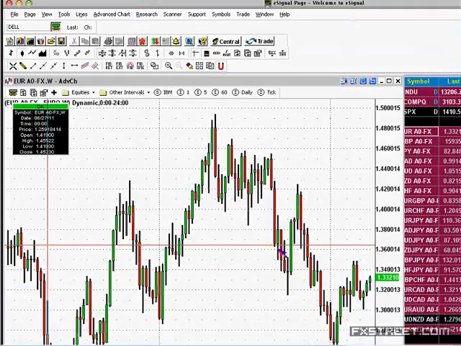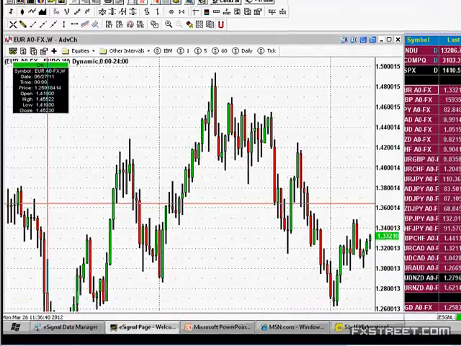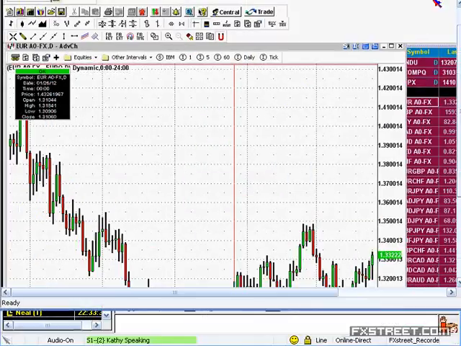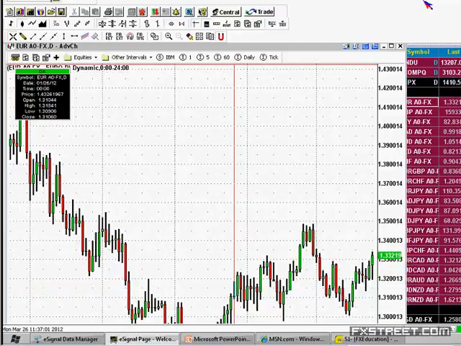Alright, so I think that you should be able to see my euro dollar chart right now. So what I'm going to do is talk a little bit about a strategy that allows you to participate and to find opportunities to join the overall trend in the market. And the reason for that is because fundamentals matter. And fundamentals determine the overall trend in a market.